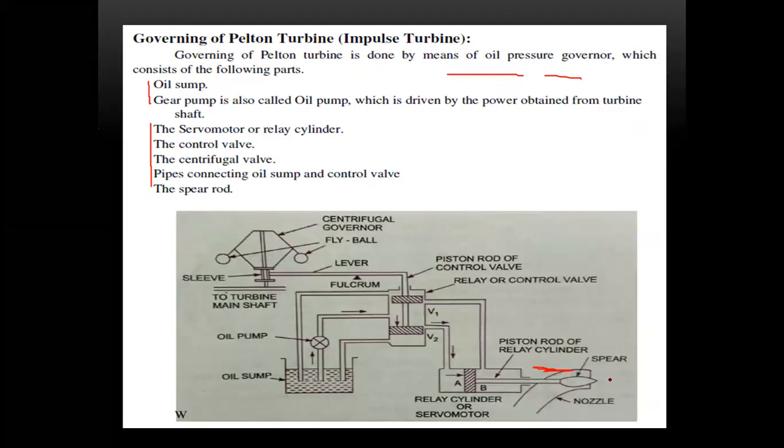Thereby the water in the nozzle is flushed, so when the spear moves forward and backward you have some sort of pressure difference in this oil, right? Then you have two types of piston cylinder valves, here and the other one here. These are moved by using the servo motor mechanism. On the upside of these pumps you have a governor which is connected to the turbine main shaft. So these are the fly balls for the balancing of